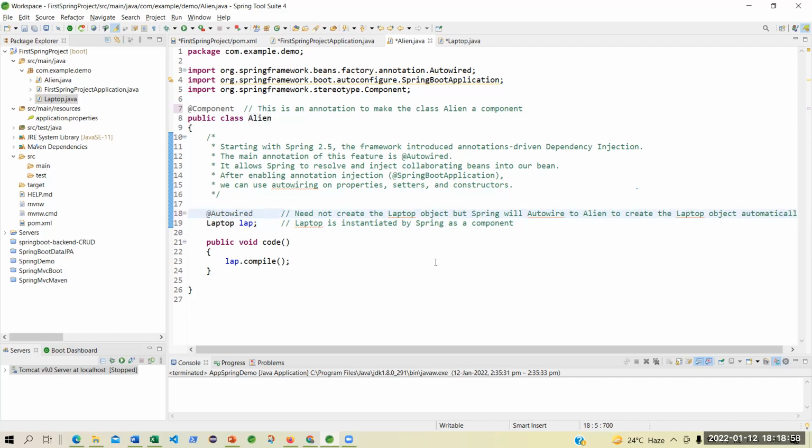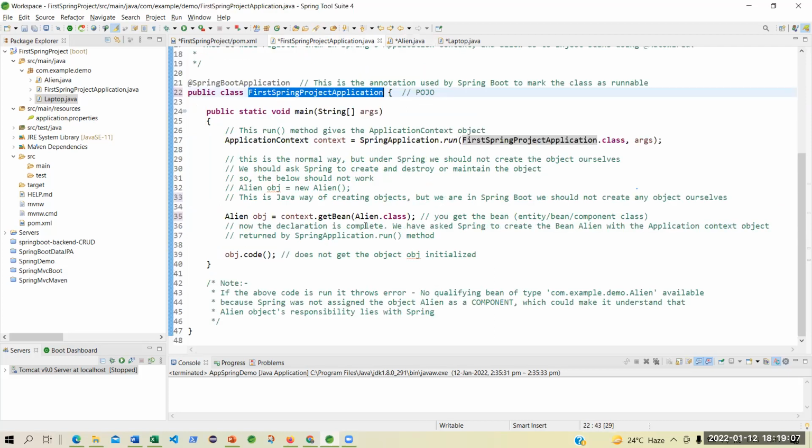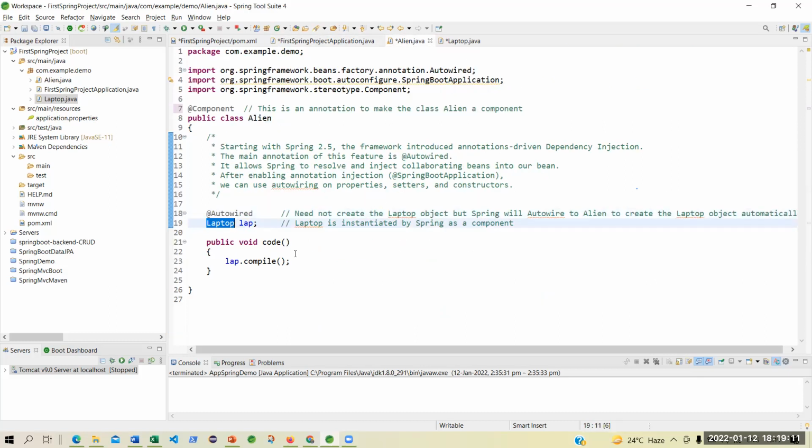That is the beauty. I am picking up the Laptop from where? From the getBean. Inertly I'm using the getBean, but I'm not using the getBean directly because I'm using Autowired. So Autowired will fetch that Laptop component and inject it into Align.